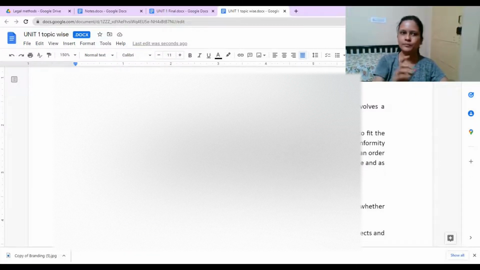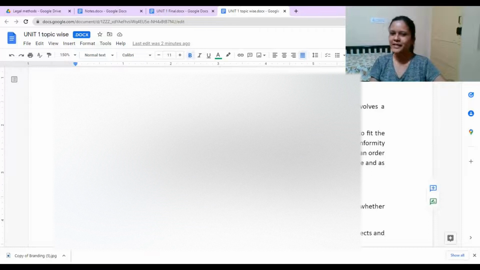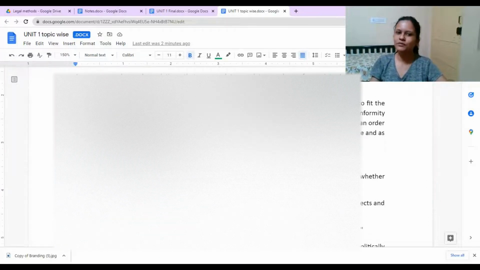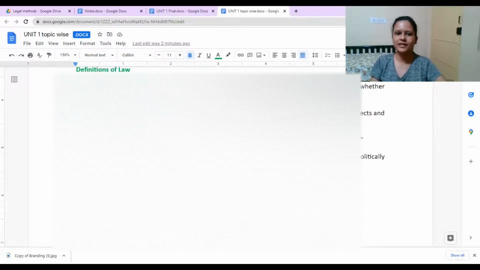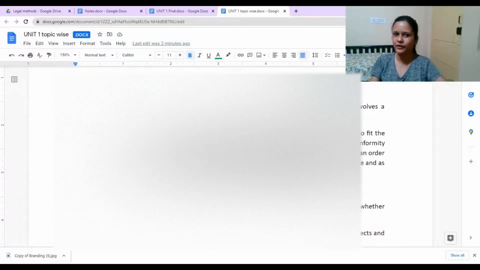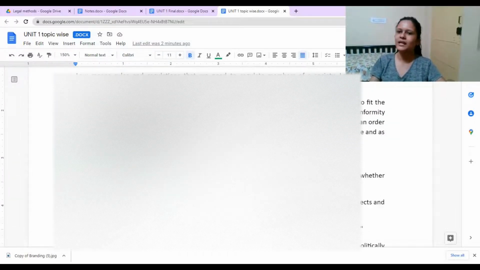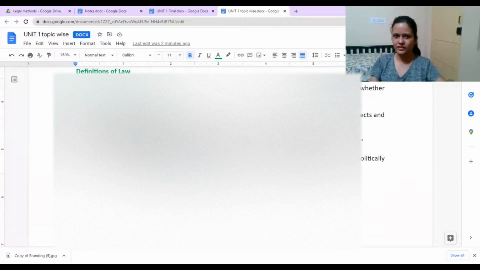Correct. So there are some topics that you would get, like in jurisprudence and all that. Are you doing B.A.LL.B, BBA? Ma'am, I'm doing B.A.LL.B. Okay. So there will be different subjects in law where you will get this question. It's a very common question: define a certain word. Because it's very common that they ask for definition of law, you can study 3-4 definitions as well. These are very simple definitions that I have added. First, there is a meaning of law, and along with that, there are some definitions.